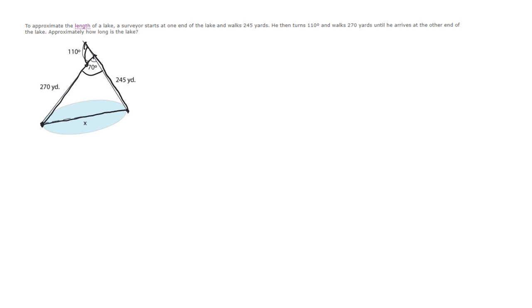So I want you to take a second, maybe pause it, and think about whether we should use law of sines or law of cosines here. I'm just going to keep talking because I'm assuming you paused it. So in this case, the only angle we know is across from side X, and we do not know that side. So we can't use law of sines unless we knew what this length was. So we're going to be using law of cosines,